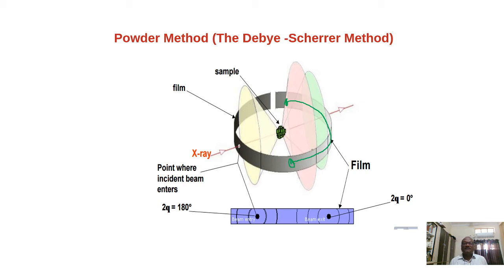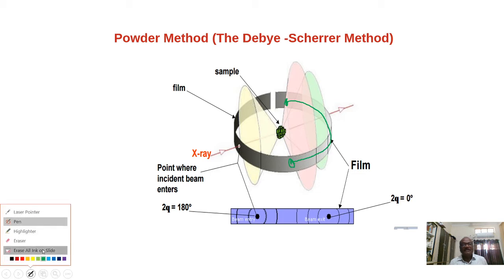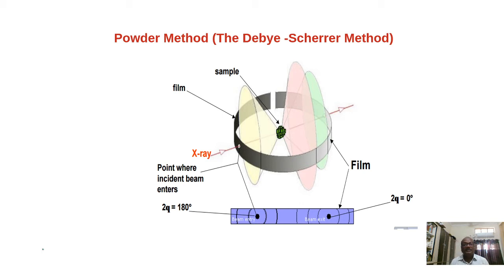Yeah, this distance can be converted into angles here. This distance will be converted into angles. How to convert the distance into the angle, we will see in the next slide. Is it clear? In the powder method, the crystal is converted into fine powder and filled in the capillary